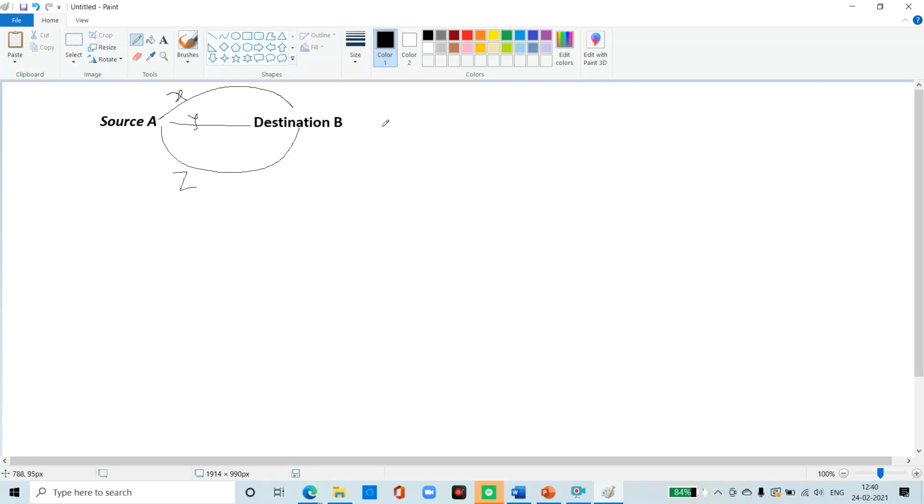All the options can reach from source A to destination B. I want a solution which I can afford in terms of both cost and time. In this type of problem, we use the operational research technique.